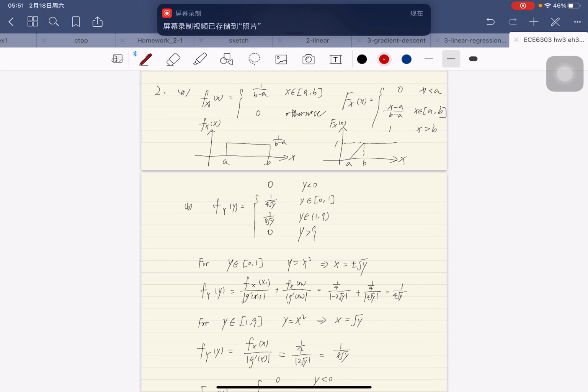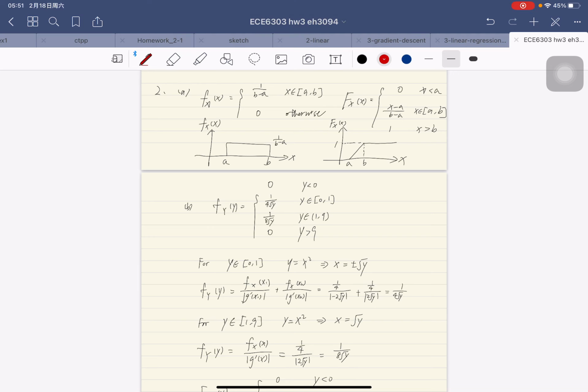Now let's talk about the second problem. Since we know that the probability density function for x is a uniform distribution over a to b, the density will be 1 over b minus a for all the x in a and b, and otherwise it will be 0. So we can simply calculate the